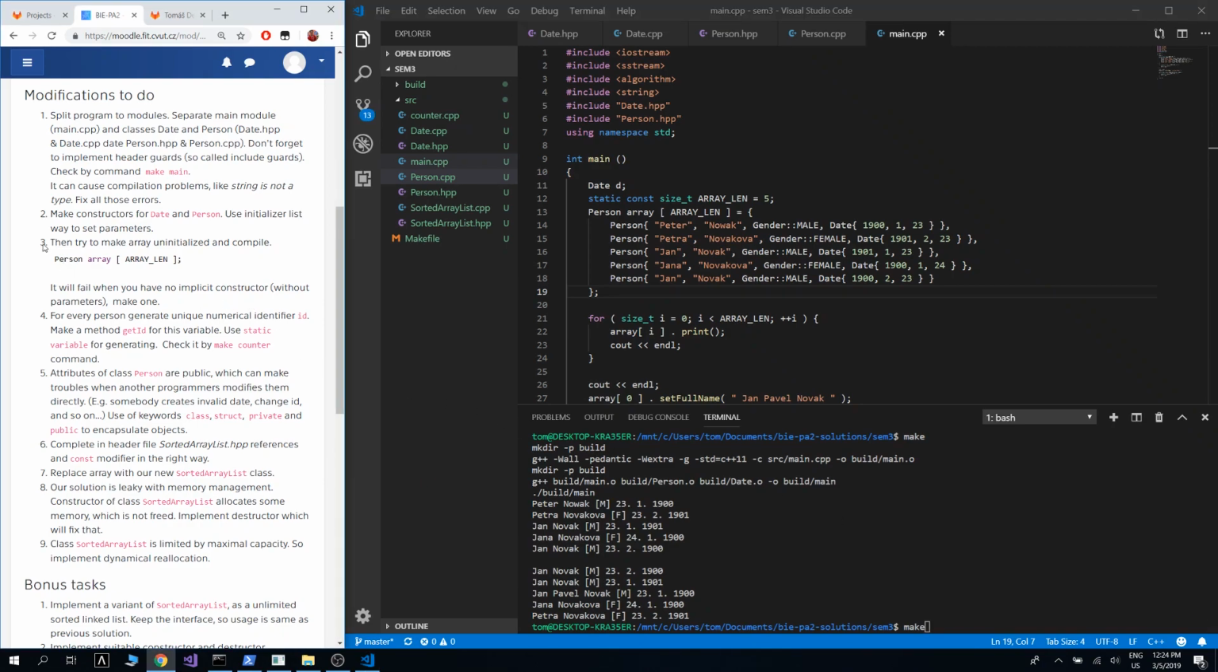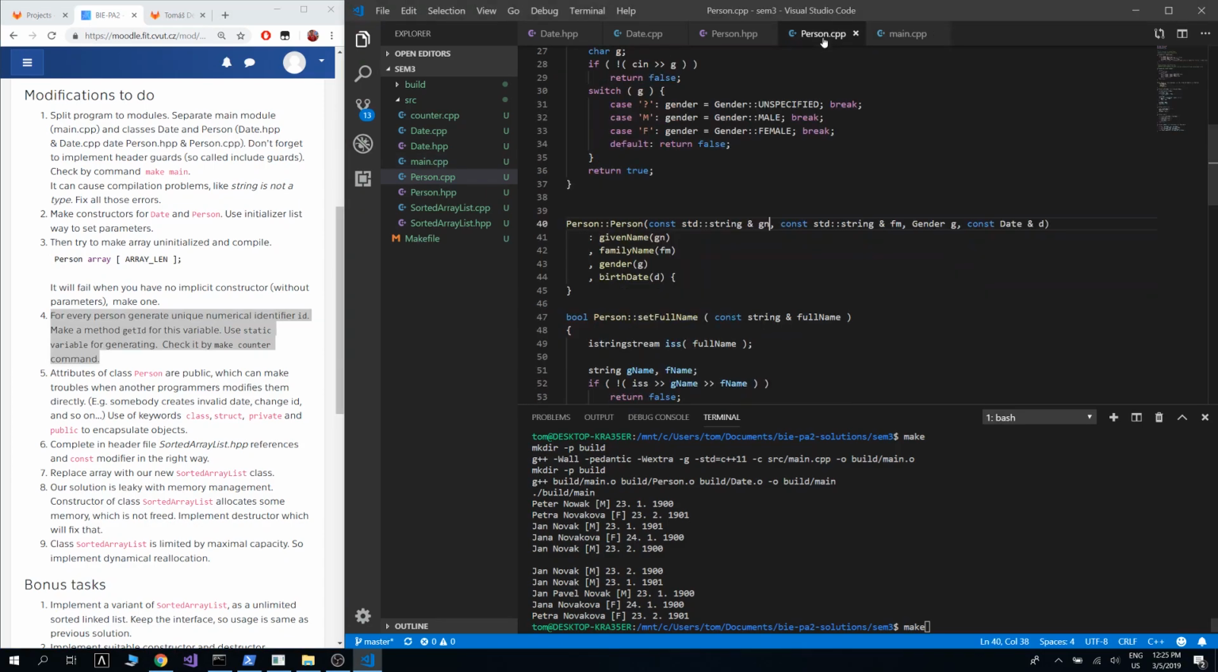Okay, so we did this one. For every person, generate unique numerical ID. Make method to get ID for this. Okay, and use static variable. Yeah, so we need some counter, and you can tell that